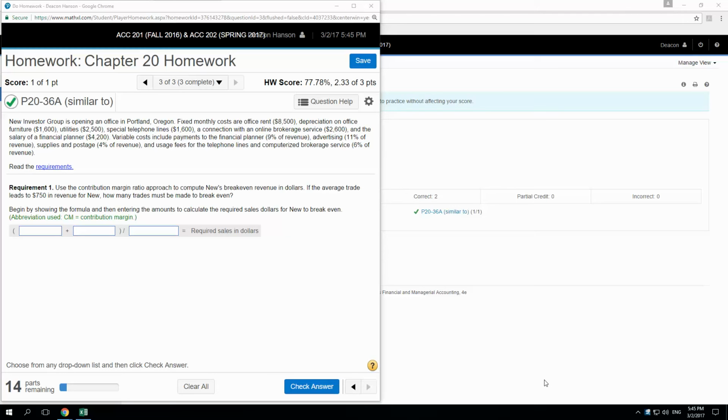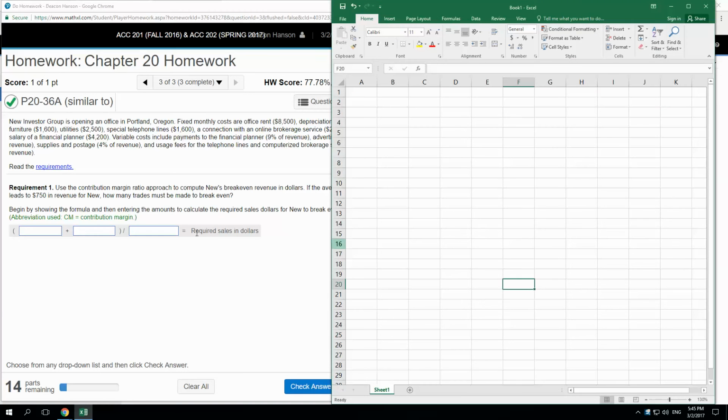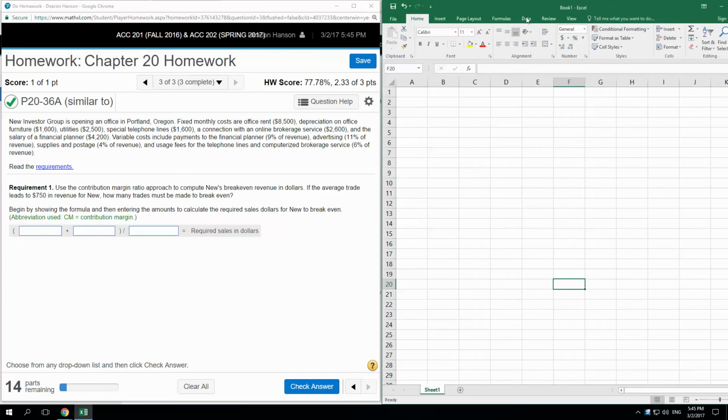We're looking at P20-36A. So we're going to be doing this using our break-even formula to figure a few things out. It says a new investor group is opening an office in Portland, Oregon. And then they give us the fixed monthly costs. So we got rent,